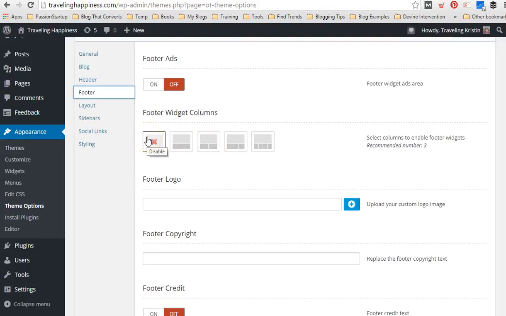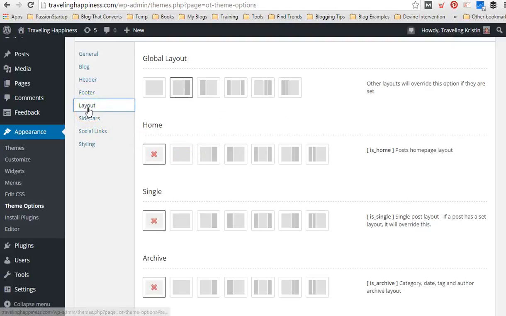I've left it as a default, which is no widget columns. But again, just play around with this stuff. For layout, I chose the right sidebar, but you can actually use two sidebars. You can use a left sidebar. You can play around with this. Okay, let's see. For sidebars,